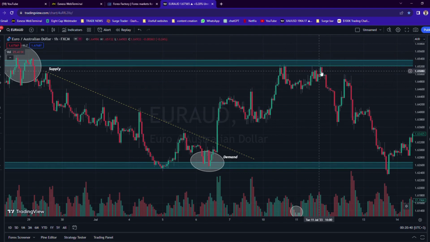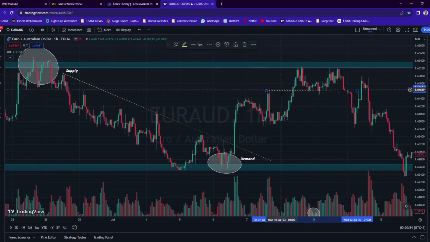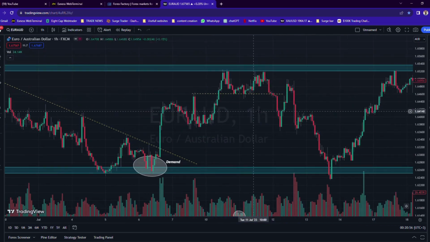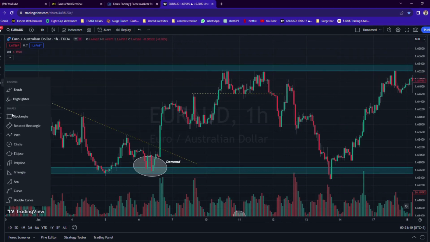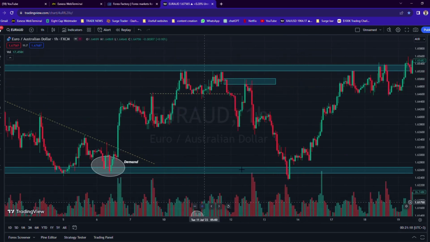Now again you wait for an entry confirmation, a break of structure or sort of. So this was a rejection here that was created, and then we are waiting for a break of this level, which was here, and then it was retested. So this was our entry to the downward side. This right here was our entry to the downward side, and as you can see,